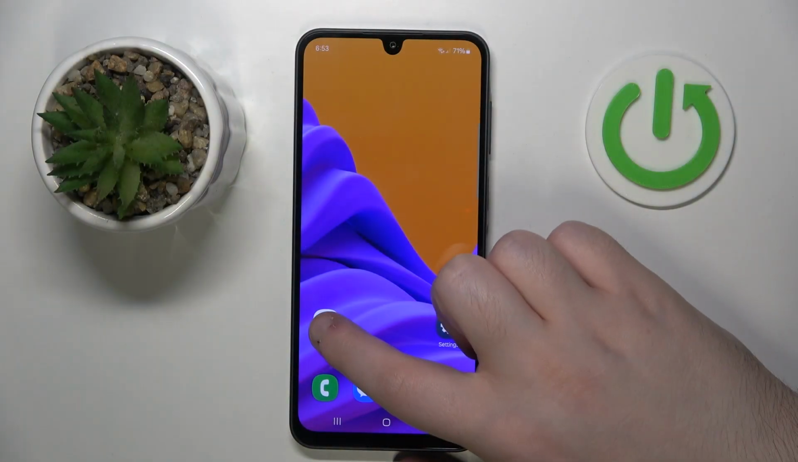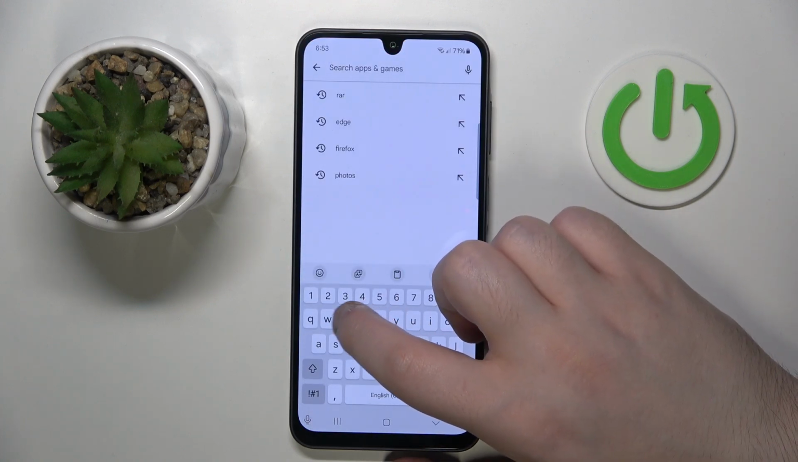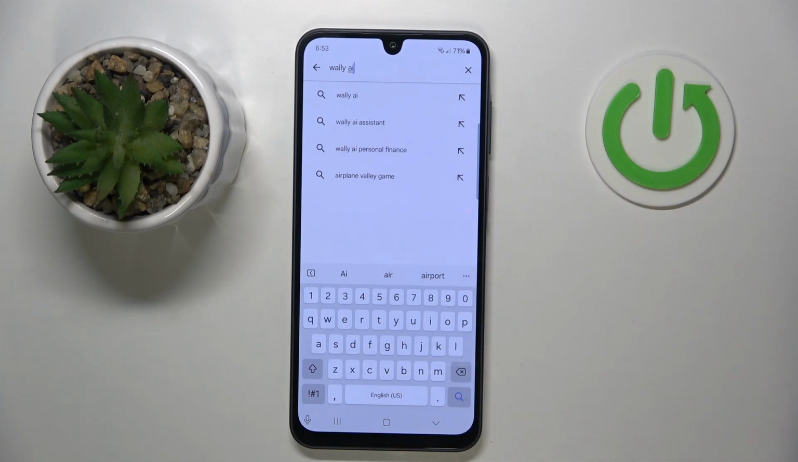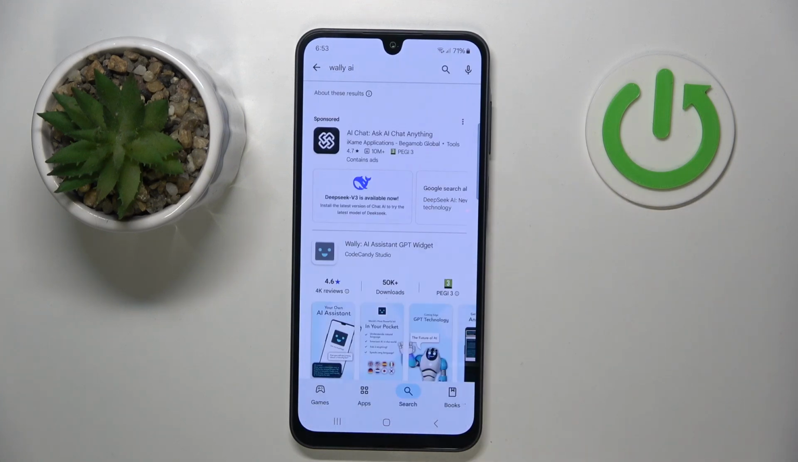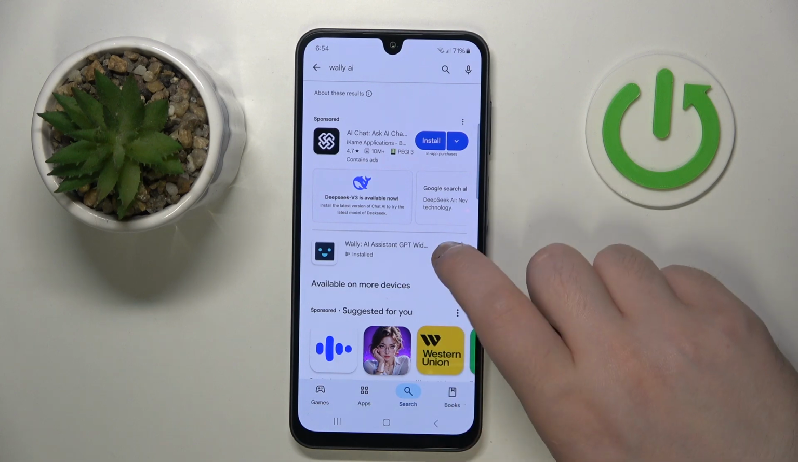So you have to start by opening your Google Play Store, then click on the search bar and type in Wally AI and click search, and then click install. Now you can click open